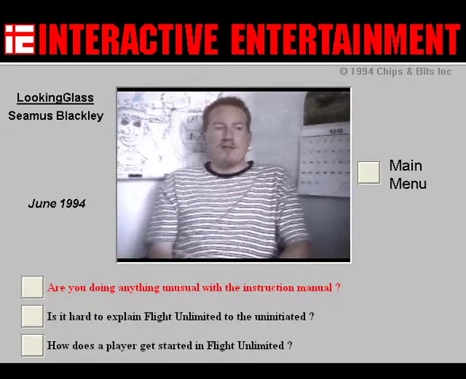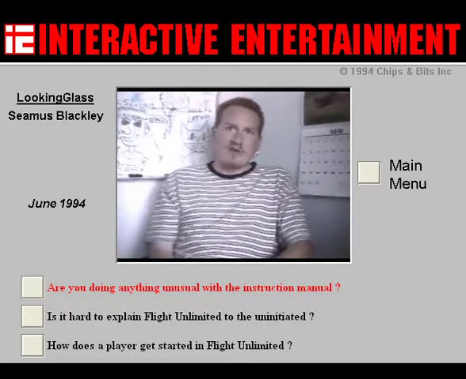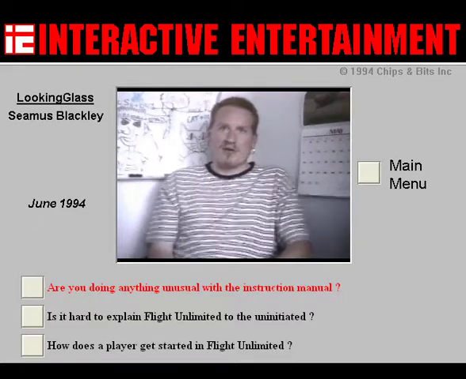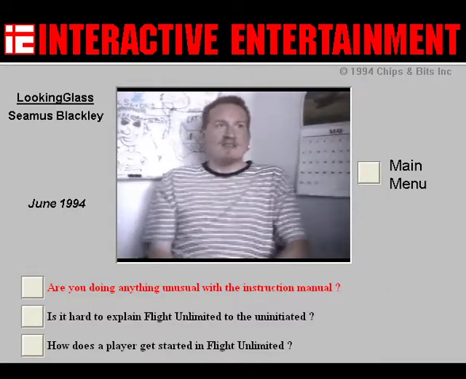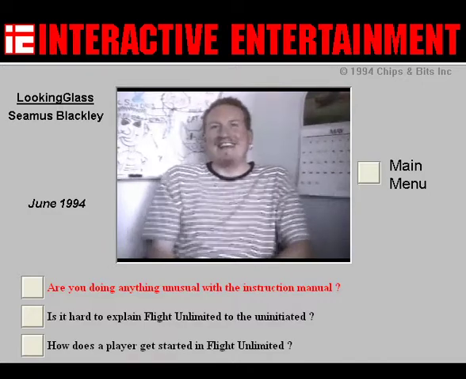We're trying to make the manual as readable and cool as possible. It's very visual. It's mostly pictures. It's extremely short. It's going to have a nice binding. It's going to be the kind of thing that you're going to want to look at. Maybe we can get 6% instead of 3% of the people who buy the game to actually look at the manual.